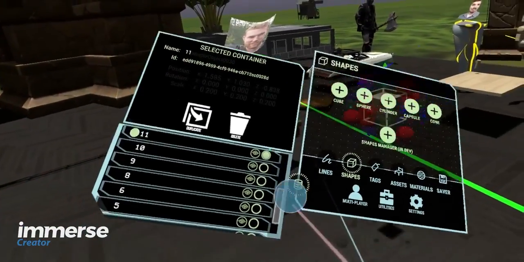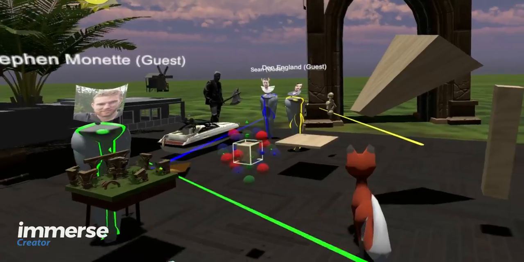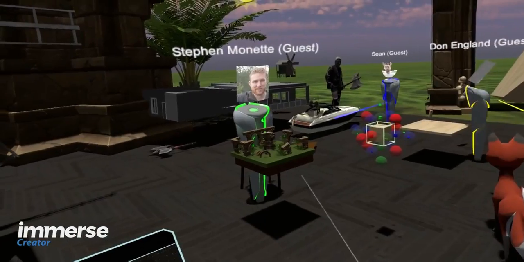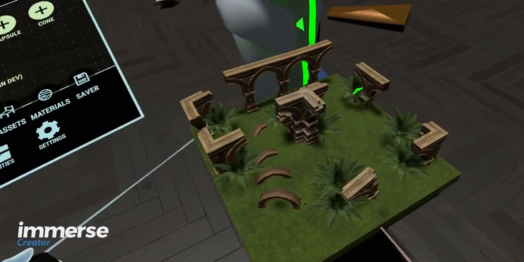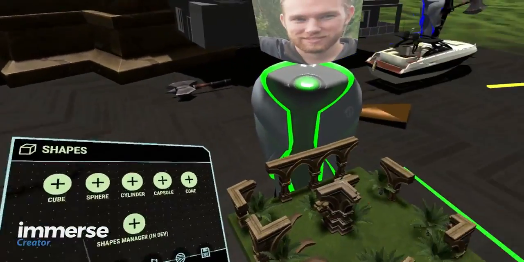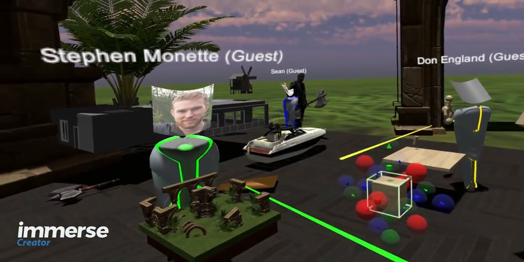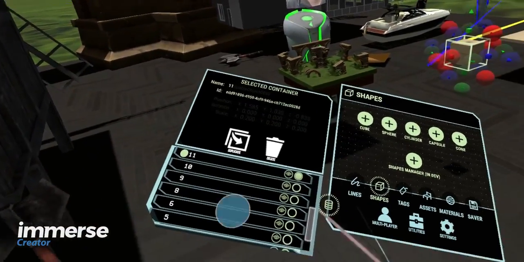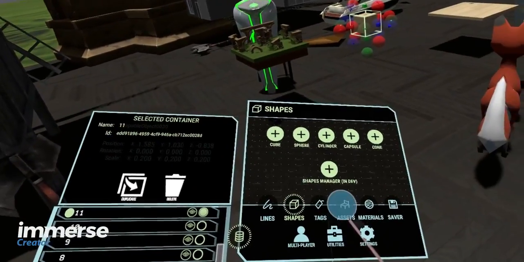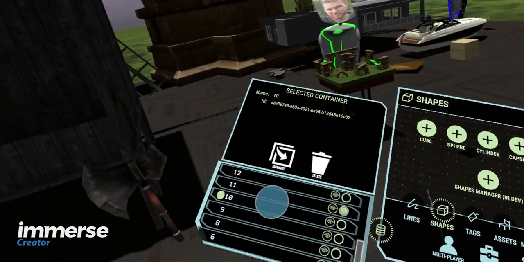The ability to use your containers is a really important part of your workflow if you're going to be creating scenes. You'll want to make sure that you lock containers that you have basically locked in. So Stefan has this pretty cool little dungeon scene he's been working on. If he starts building anything else around here, he would definitely want to lock that container so that he's not accidentally moving it and breaking it, or modifying it unintentionally. So using your layers is a really important part of the Immerse Creator workflow. You can also delete individual containers, so you can select the container and delete it, or